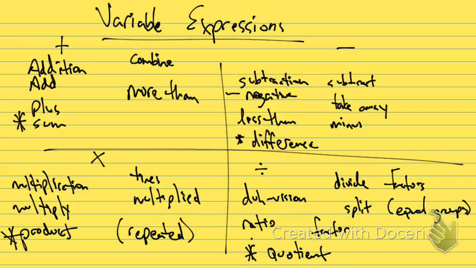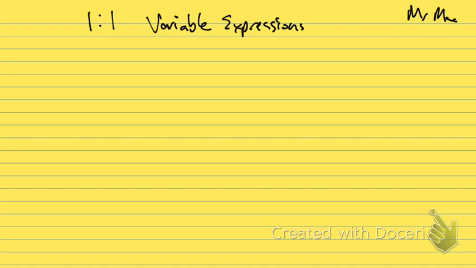Okay, so these are all words used in variable expressions. Math is creative. Math is visual. Math is also communication, and when we use communication, we see these things popping up. Now I want to look at the homework for tonight with you and get you set up to set up your paper how I want it, because it's not printed. It's a PDF, and the expectation is that you do this nice and organized on lined paper. Set up your paper. It'll say at the top 1-1 Variable Expressions, and you're going to put your name up here and get all organized.